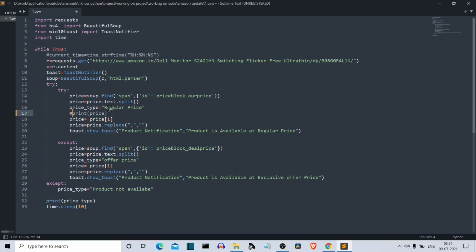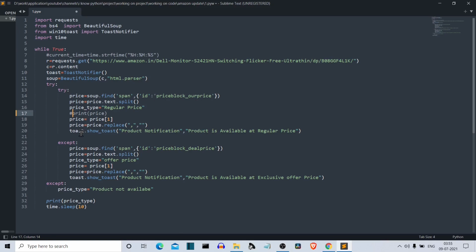Yeah, the rupees symbol is ignored and only the numeric value is extracted. Then we'll remove the comma symbol from our price, and now the value becomes a perfect float number. The final step to this process: we have already extracted the price of the product.